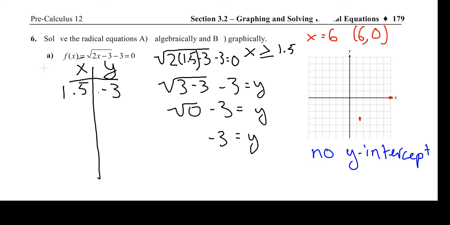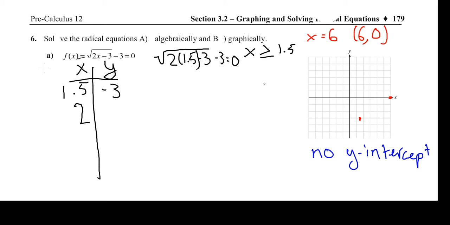So going down is not going to get us anything. So going up, if we use 2, we would have a new y value. I'm not going to do every single possible value for x because eventually there's going to be a lot. I'm just going to do a couple of key ones, and then hopefully